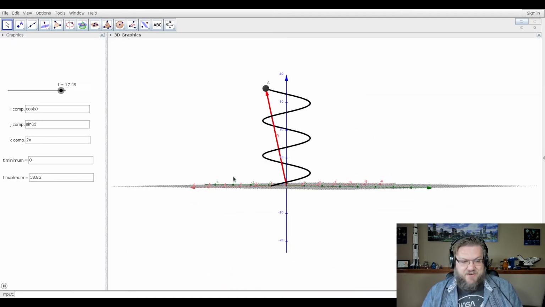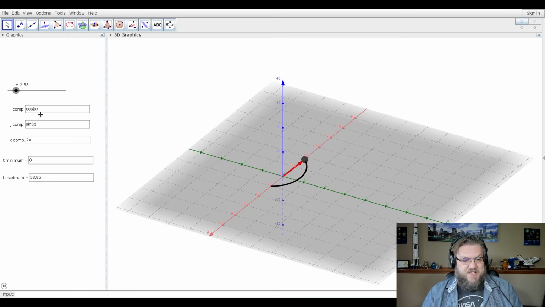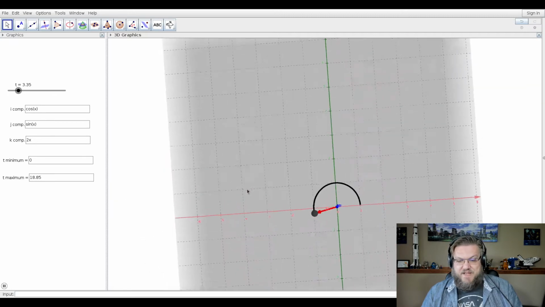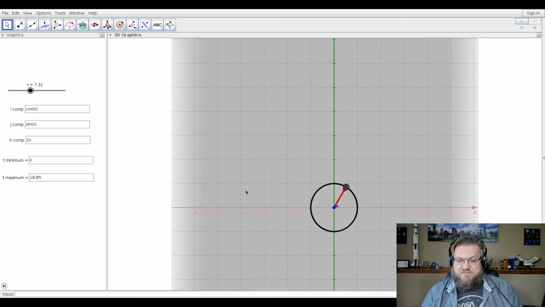That's it. Now notice here, we have a cosine and a sine pair, right? And we have the K component, which is 2x. So what that means is when I look from above, it looks like circular motion. See that? When I look from above, it's circular motion because a cosine sine pair gives me circular motion, doesn't it? These are balanced cosine sine pair, right? And so